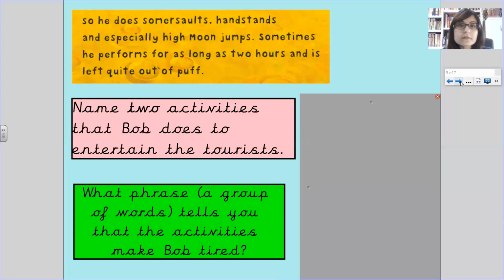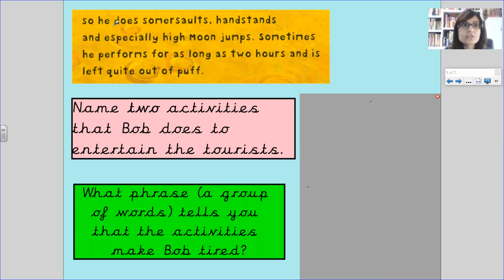So he does somersaults, handstands, and especially high moon jumps. Sometimes he performs them as long as 2 hours and is quite out of puff. Name two activities that Bob does to entertain the tourists. You may pause the video if you would like to locate the answer. So what does he do? So he's performing, which means he's acting them out. It's for 2 hours. Well, the 2 hours doesn't tell us he's entertaining, so we need to go back to